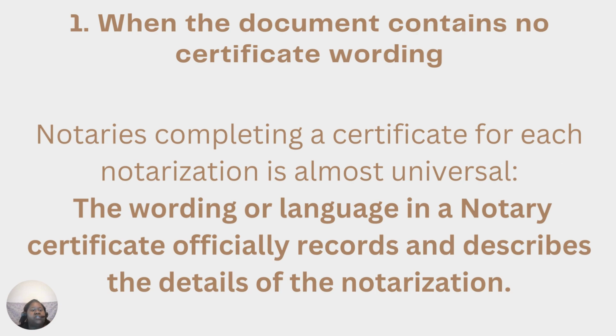First, the first occasion you would add a loose leaf is when a document contains no certificate wording. The notary completing a certificate for each notarization is almost universal. The wording or language in a notarial certificate officially records and describes the detail of the notarization. Here in Florida, it has to contain certificate wording like physical presence or online notarization. That is because I live in Florida, which allows you to be a remote online notary and complete remote online notarizations. And because of that,